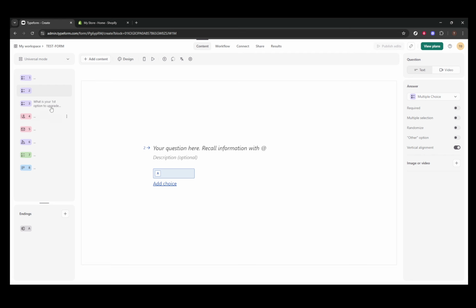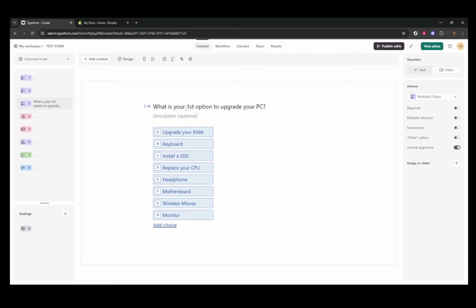Once you've added your questions, it's important to tailor them for optimal engagement and clarity. This customization is done using the right-hand question panel. Here, you can make your question mandatory by marking it as required, ensuring that respondents cannot proceed without answering. You also have the option to set character limits, which is particularly useful for text responses where you want to